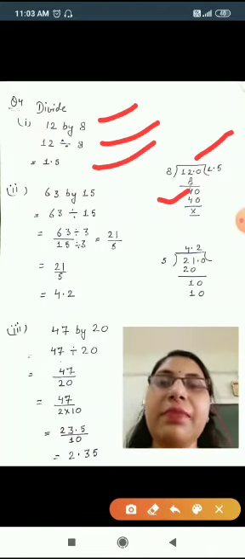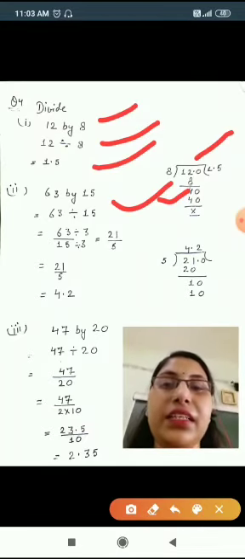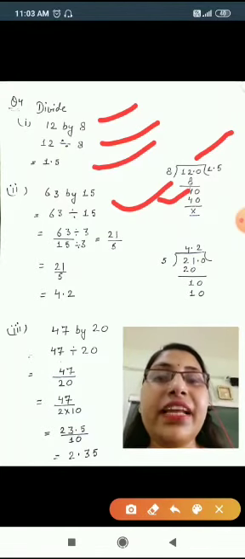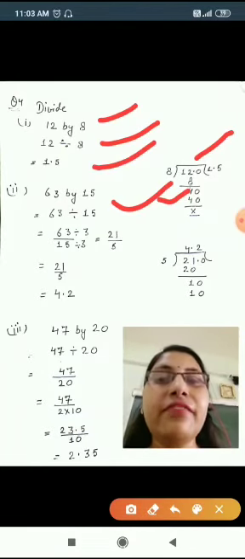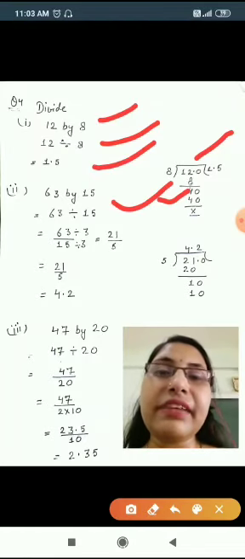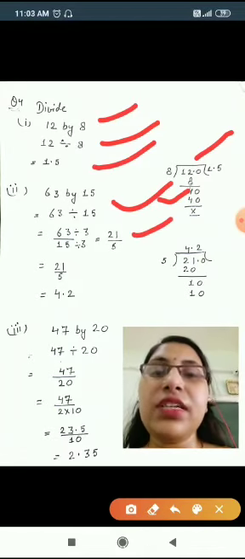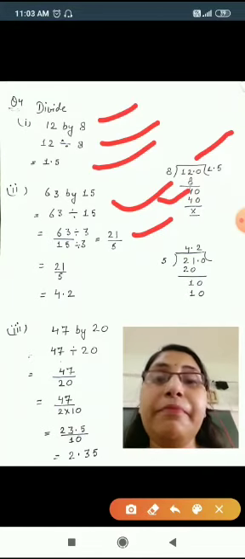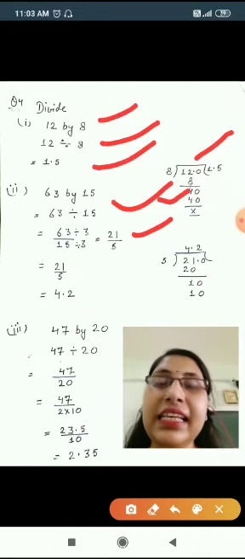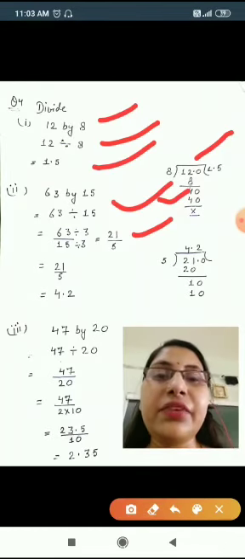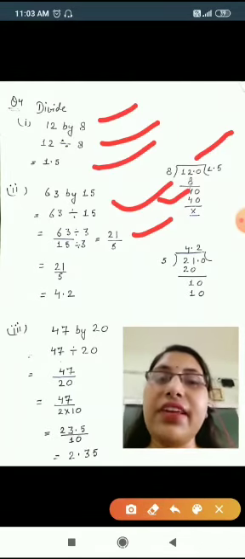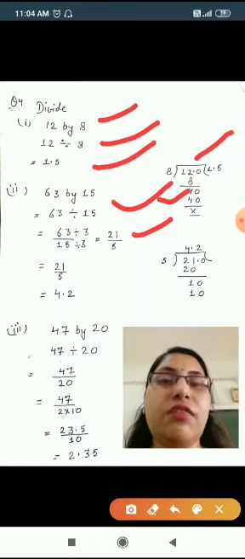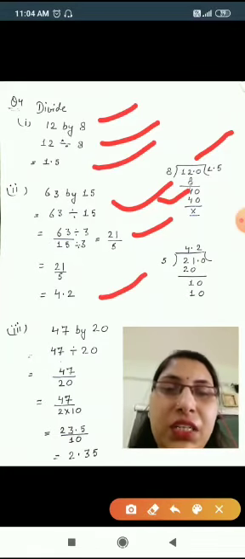63 is divided by 15. There is one more method to make the calculations easy. So 63, and 15 we can take in the denominator. We have studied this in the fractions chapter. Now both the numbers are divisible by 3. So what we got? 21 divided by 5. Now the number is smaller. Reading the table of 5 is easier than 15. Now we have to divide 21 by 5 with the same method as we did in the first part. So we will put one decimal, we will put 1 zero. Now we can divide it, we will get the answer 4.2.